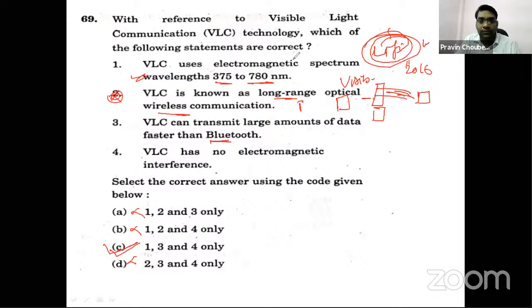Now what we conclude by seeing the questions of polity and science and technology is that in science and technology you have to solve all these questions first and focus on each and every topic that is given. So for next year's prelims, what you will do,